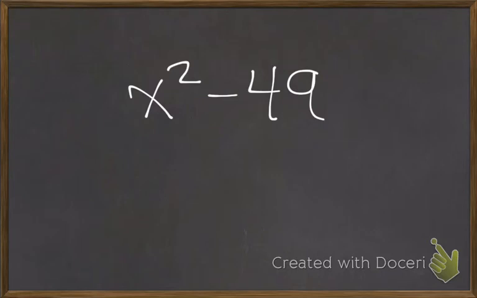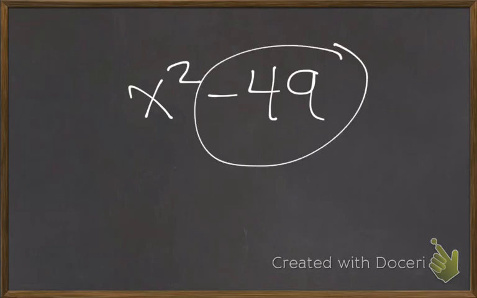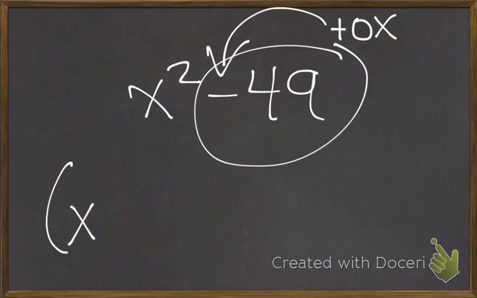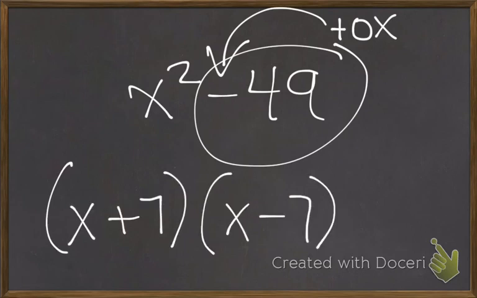And so here, when you have no middle term, think, well, what multiplies to this negative 49, but adds to 0? So kind of imagine that plus 0x is in there, and factor it the same way that you would a basic trinomial, just with the middle term